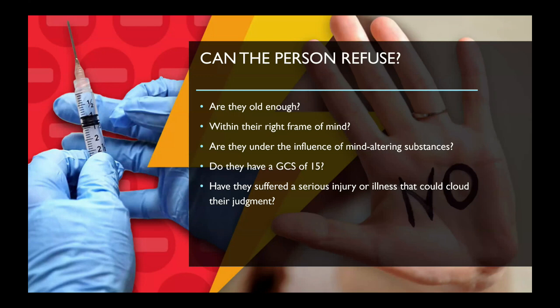All right. It's always better to go over and above when it comes to this stuff. Number one, are they old enough? Have they met your specific state requirement for the age of consent and refusal? Are they within their right frame of mind? Okay. And when we ask this, are they able to make